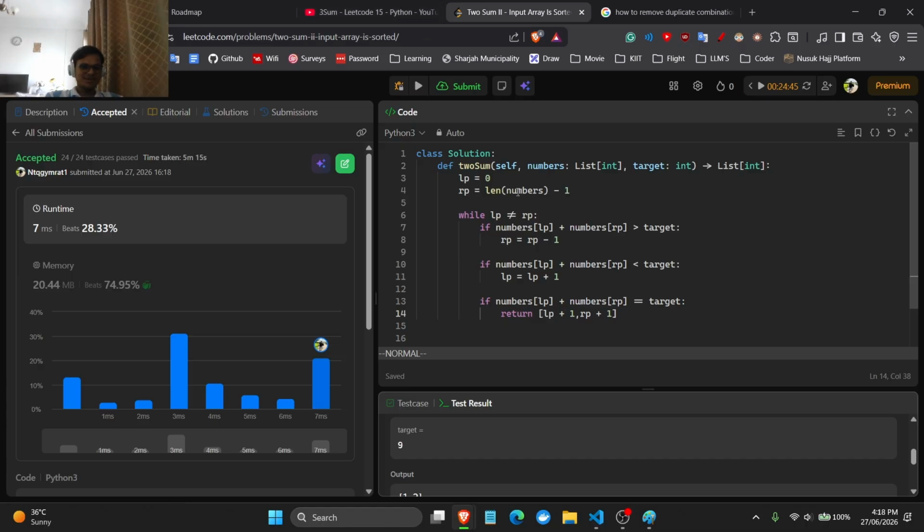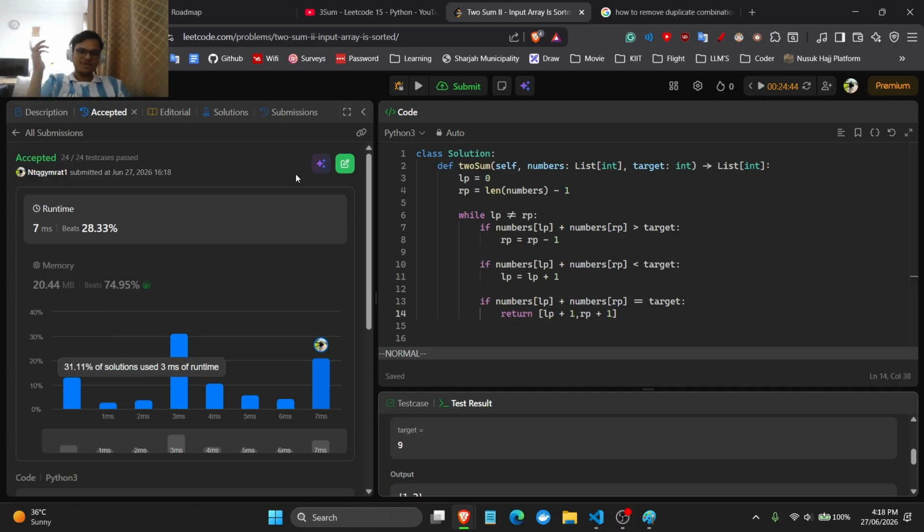Okay, yeah, GG. I wouldn't consider this as my own solving because I was able to figure it out because of that person. But this solution is very elegant, so I like the way we do it. So if the sum is greater, we reduce from here, and if it comes out smaller,